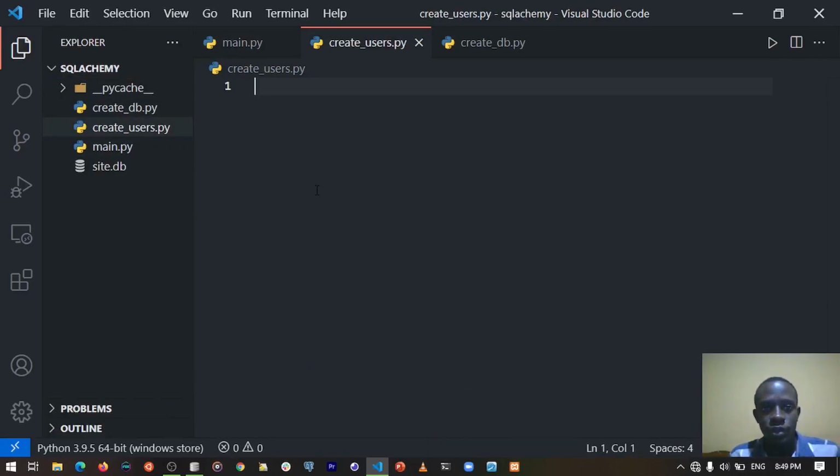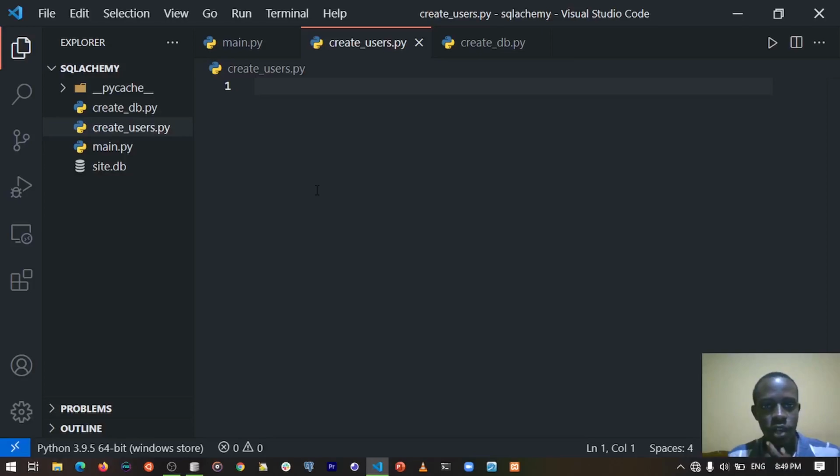So SQLAlchemy uses what we call sessions, and these sessions allow us to carry out the various database transactions, or various tasks, or let's say operations. So basically, we make use of what we call a session. So SQLAlchemy provides a session maker class that helps us to create various sessions. And from these sessions, we can query our database, delete and retrieve and carry out all that